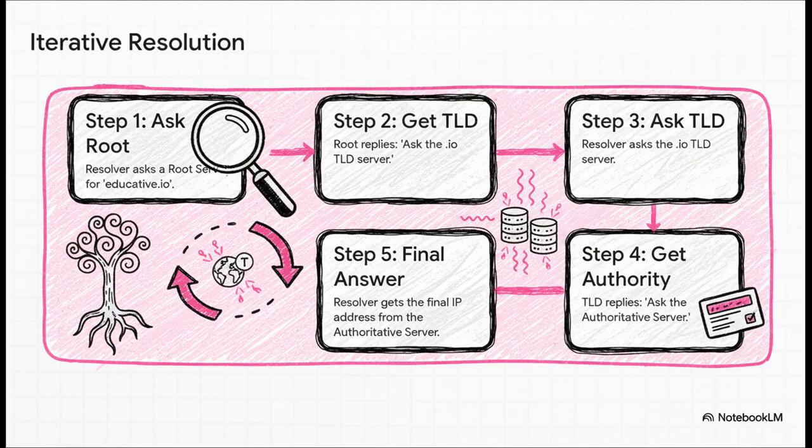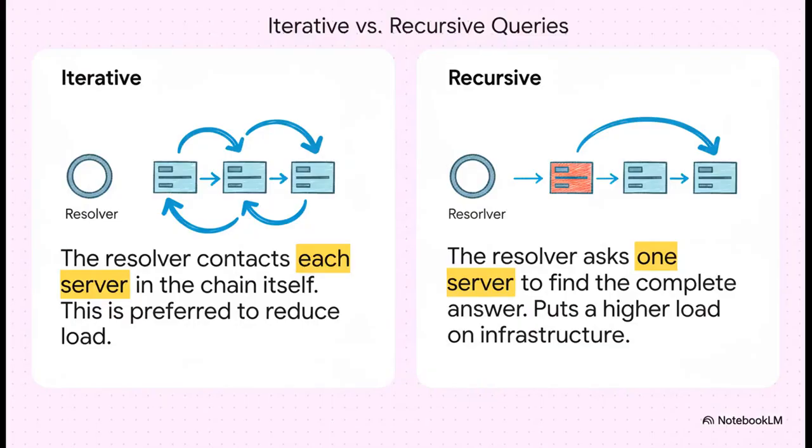Finally, the resolver asks that authoritative server, and that's the one that gives up the final IP address. What's so crucial here is that no single server knows the whole map. Each one just knows who to point to next. And it's really important to understand that this iterative process, where your resolver does all the chasing, is the preferred